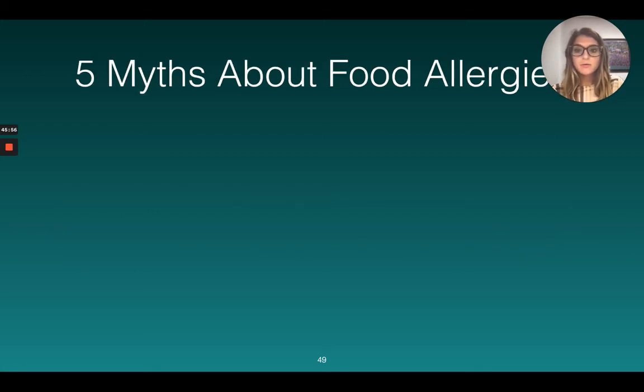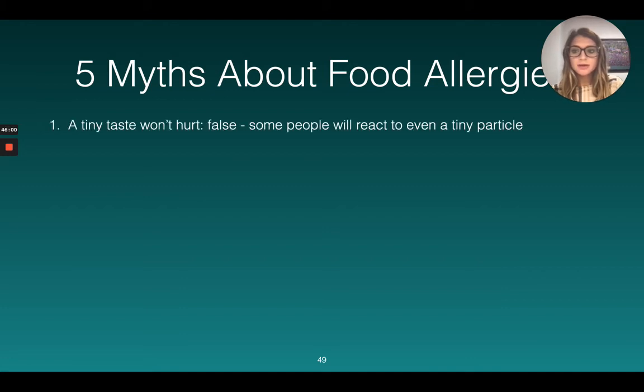So we're going to go over 5 myths about food allergies. The first myth is a tiny taste won't hurt. This is false. Some people will react to even a tiny particle, a tiny little droplet of juice, or inhalation. So no matter what the response is, the best thing to do is avoid at all costs, because you never know the reaction that can occur. Just to be on the safe side,